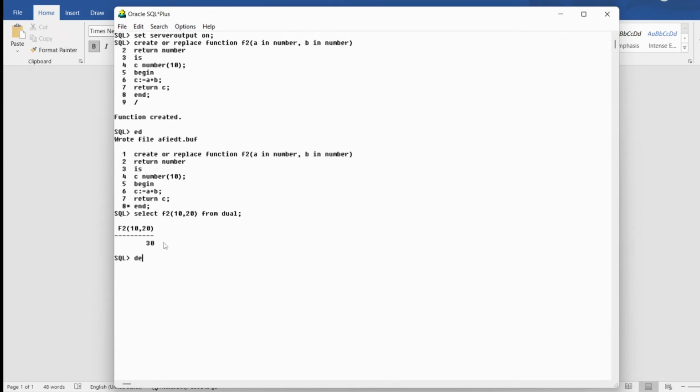Even we can call the function within the begin section also. I will write a declare, and then a variable as c of number of size 10, end with the semicolon, and then I will write the begin, and then I will write c assignment operator, and the name of the function is f2, and I will provide the values 10 and 20 to the function called f2,